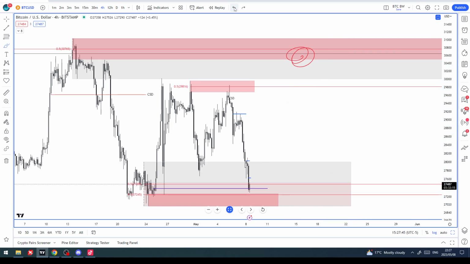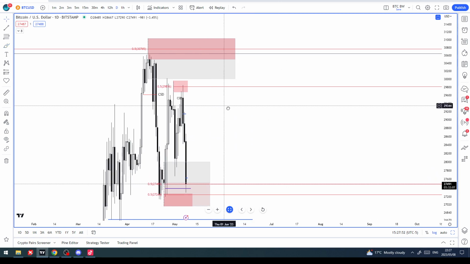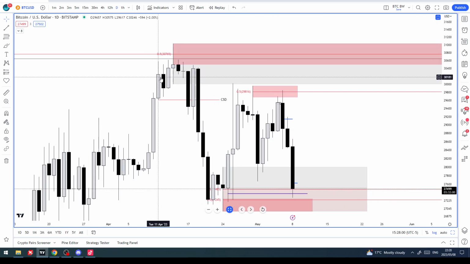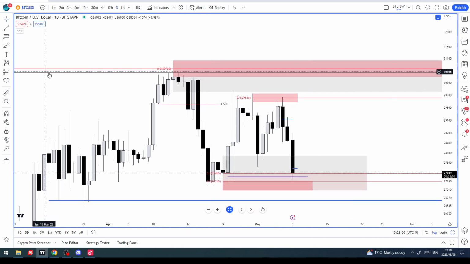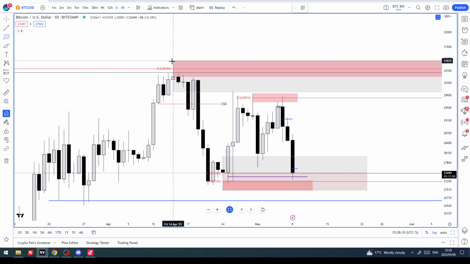We tapped that daily order block, and still it's very lame. On a daily, yeah, we raided the order block. On a 3-day we did too, exactly at the CE. Let's have a look at that for you. I'm not sure if the 3-day thing is an order block, but we tapped it. It just missed it on this move up here. It just missed the CE of that.